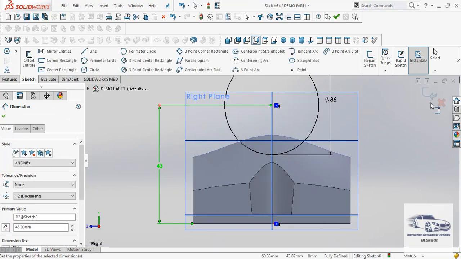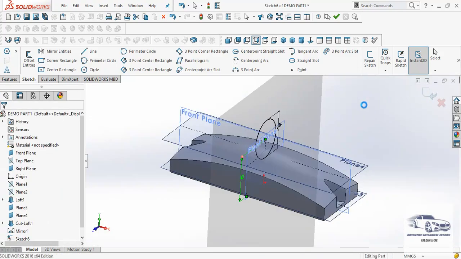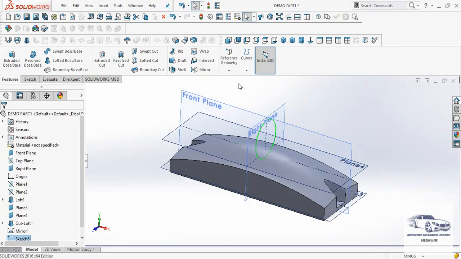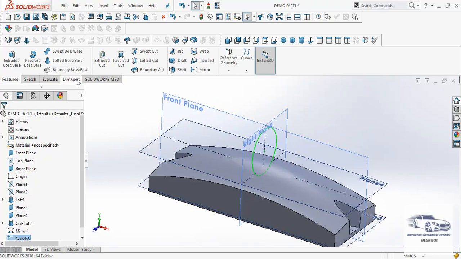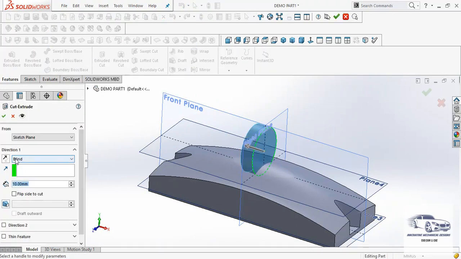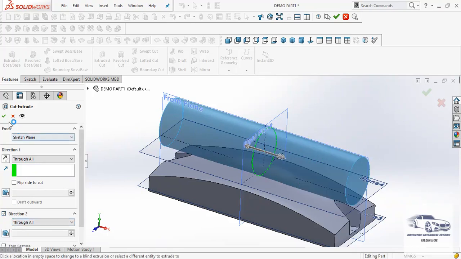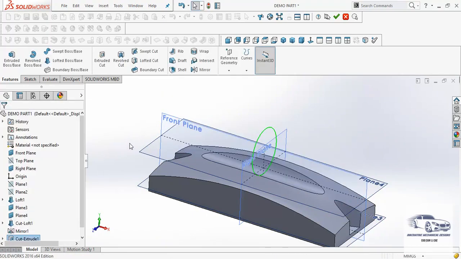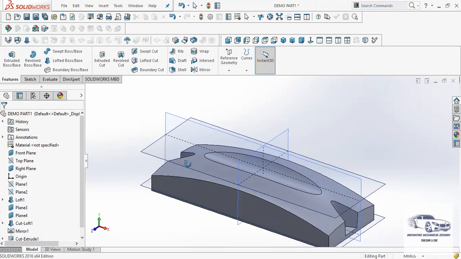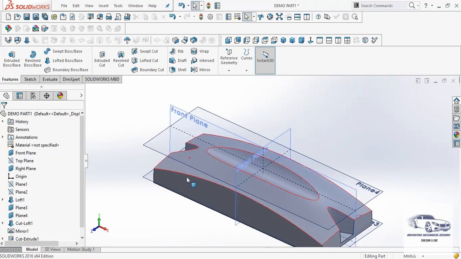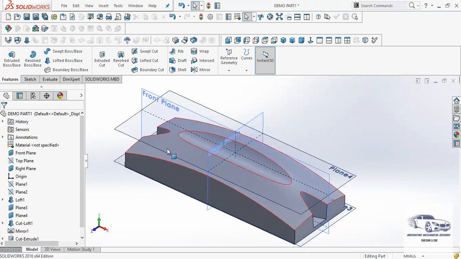Now this cut has not been mentioned with a depth. So what I will do, while using extrude cut, we will give a condition of up to last so that the cut can adjust till the last surface and through all into the next side only. Okay. So here we can see the cut has been adjusted in a very proper manner on the top surface of the part.